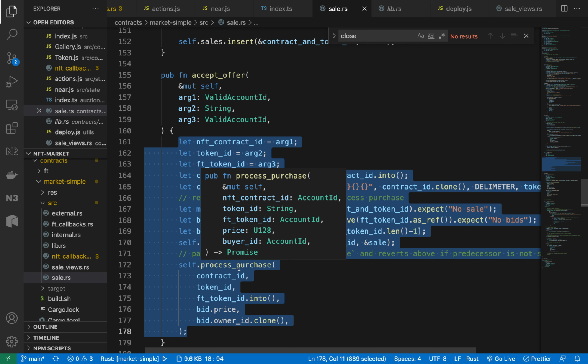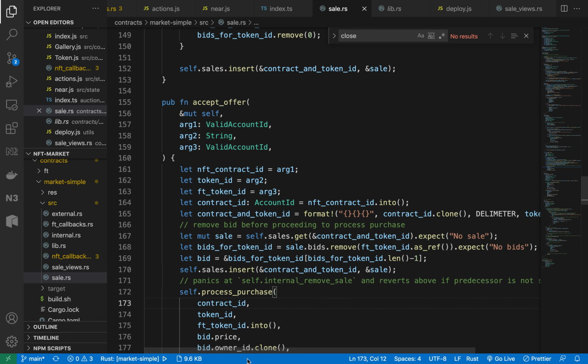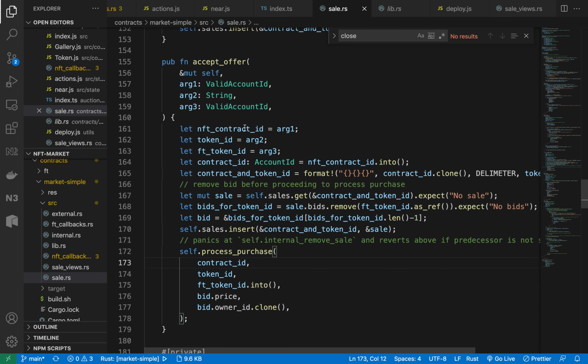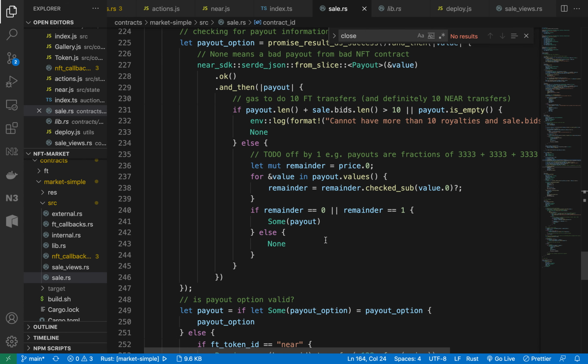If somebody sends a particular amount of money as an offer, immediately when you call the offer function from the marketplace contract, then immediately after that you call accept offer, take the offer that has come through, and keep calling the rest of the functions as is, that is process, purchase, and so on. Or you can comment out everything and just change whatever it is changing, like the state, to transfer the NFT and so on. So you can do that, accept the offer and close.